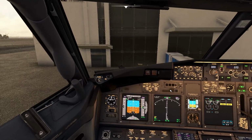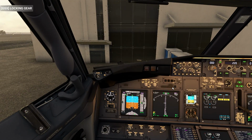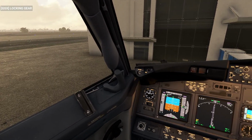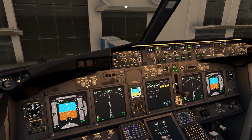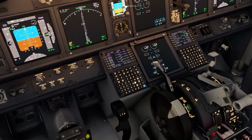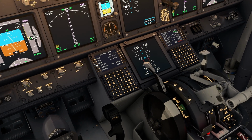So hello there, we got the whole flight prepared basically towards Sydney. Unlocking gear. From Perth, and ground handling is just preparing for pushback here more or less. Got the whole route set up, FMC is programmed. I wanted to say programmed, but we're gonna go to index, performance, next,